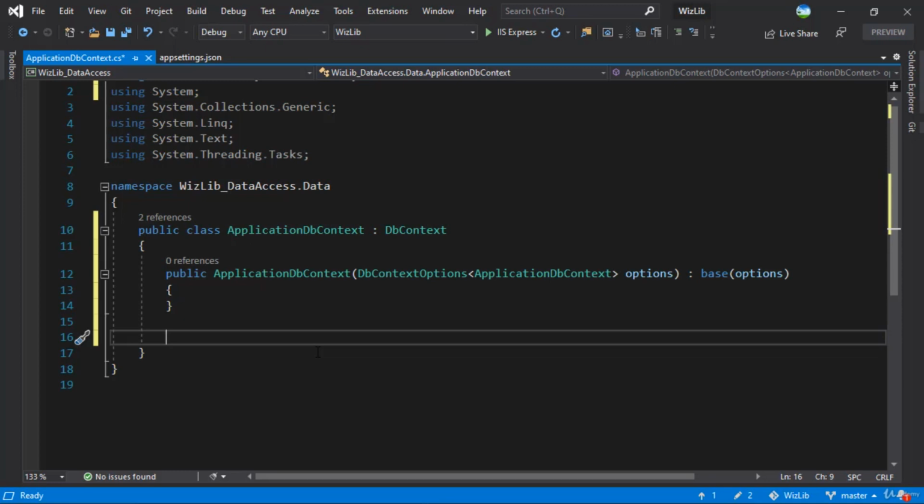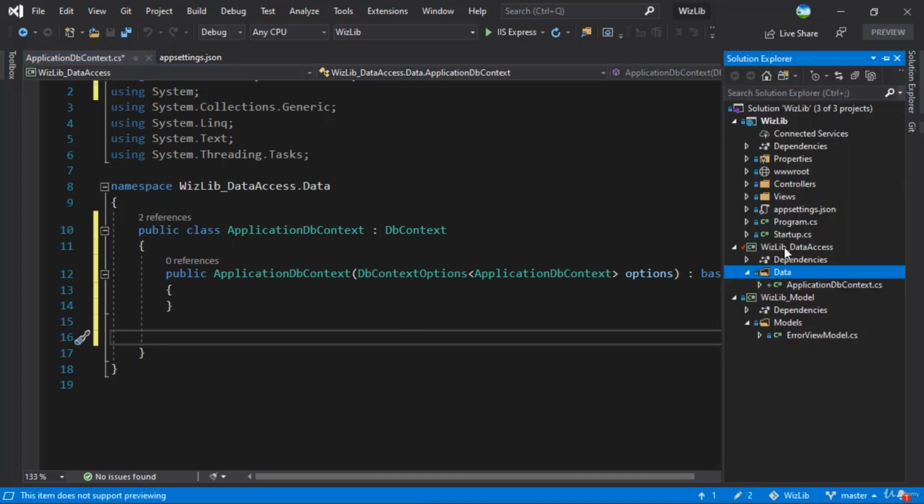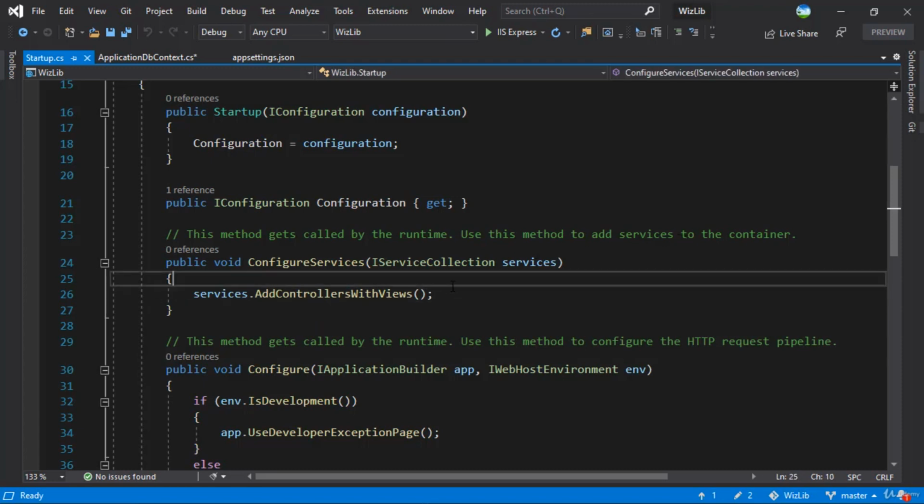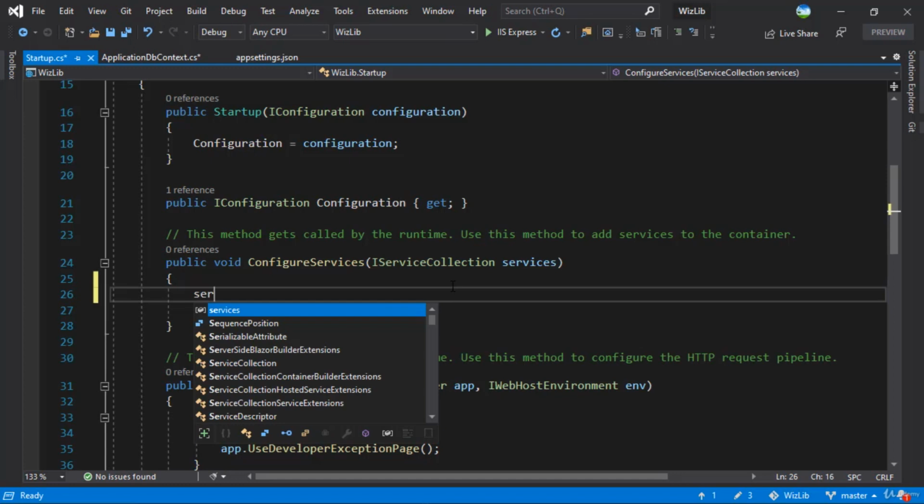Now this DbContext will be responsible for creating a binding between the application and the SQL Server. And you might be thinking where we will create that binding. That binding we will do inside the Startup.cs class file of the Wizlib web project. So if we click here, we have the ConfigureServices. You can see this method gets called by the runtime. We use this method to add services to our container. We want to add the DbContext to our services. So we will say